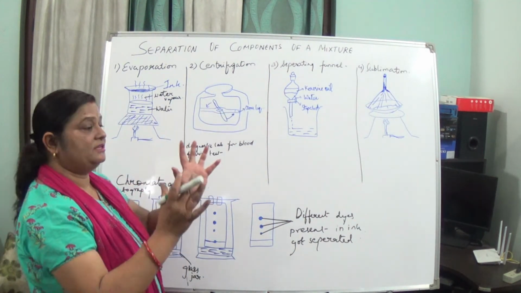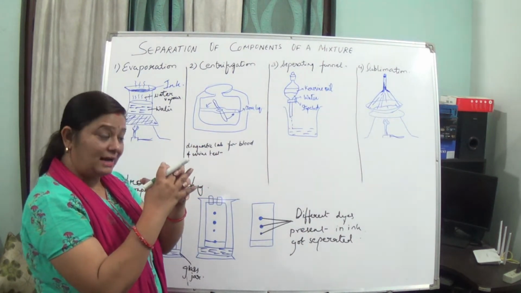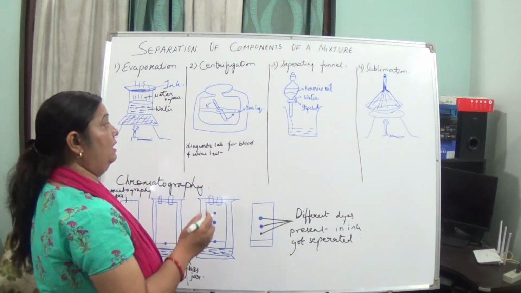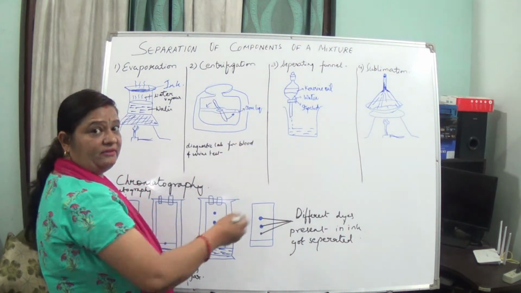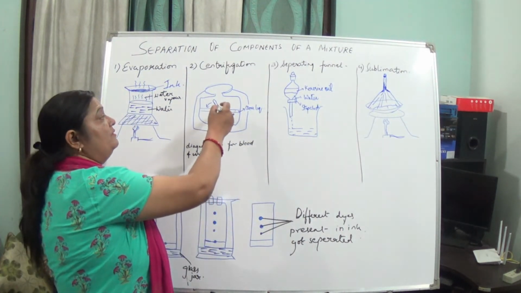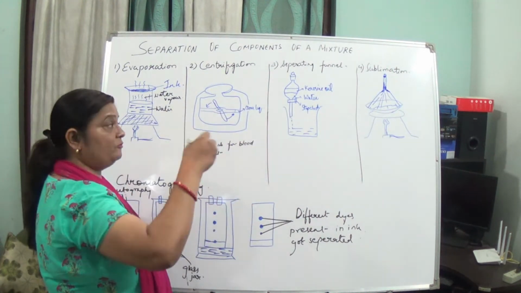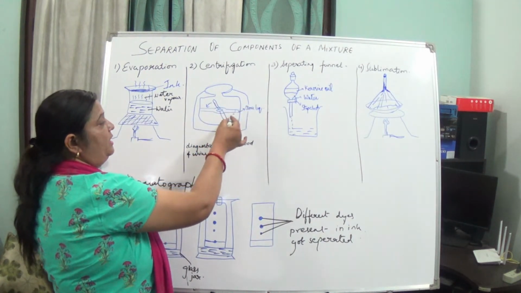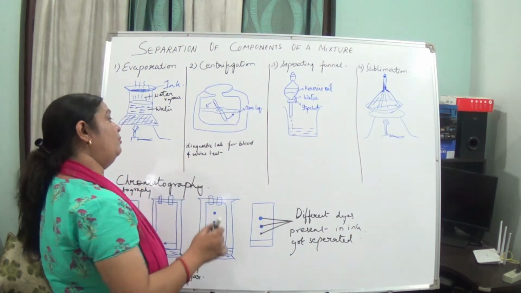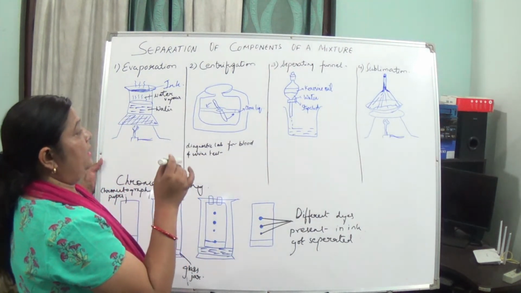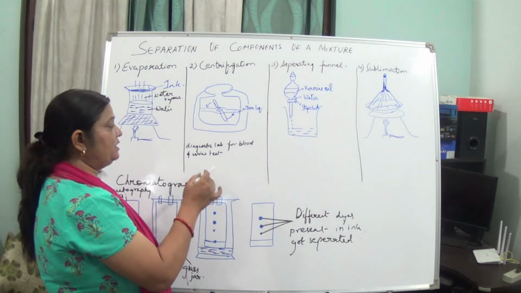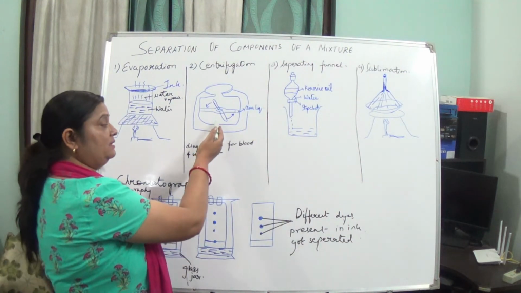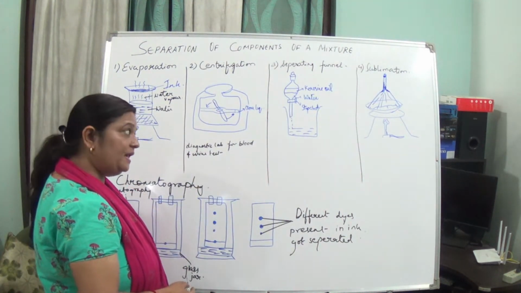But after some time, these particles form a cluster, become heavy and settle down, and we get the clear liquid, the clear milk, which is totally in liquid form, from which the cream has been separated. This can be separated out from here and the cream can be taken from the bottom. Where is this method used? It is used in diagnostic labs for blood and urine tests. We can also use it for the separation of cream from milk.